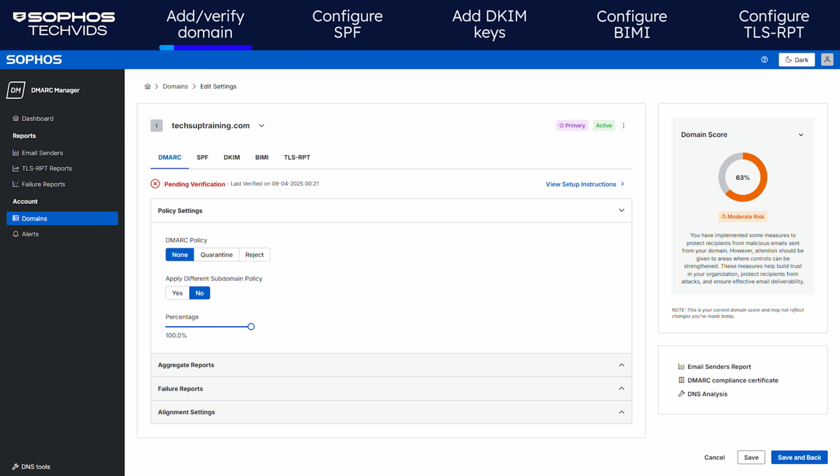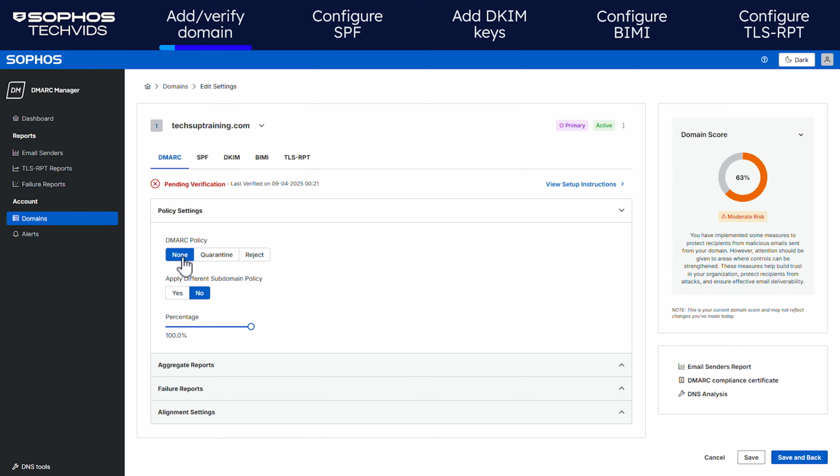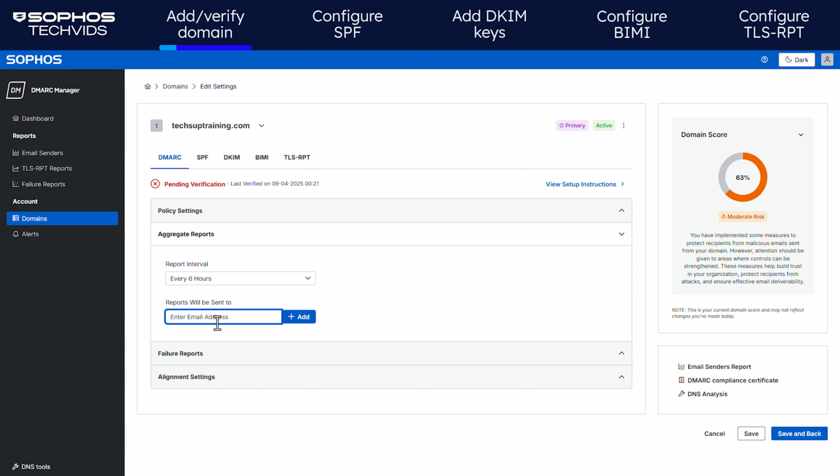If you haven't configured a DMARC record before, it's recommended to leave the DMARC policy set to None for the initial monitoring stages. Once you've onboarded your domain, have started sending emails for a couple of weeks, and are satisfied after adjustments were made, you may set this to Quarantine or Reject. You may add any additional recipients of aggregate and failure reports here. If you're unsure of what to enter, leave this blank.